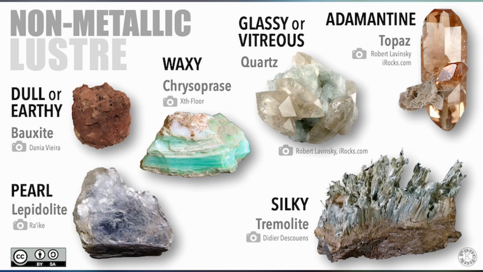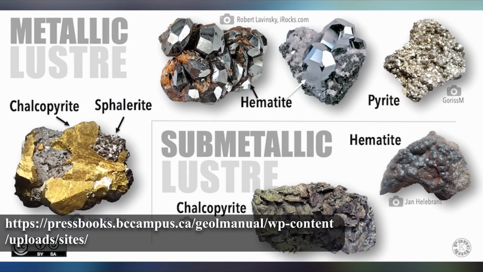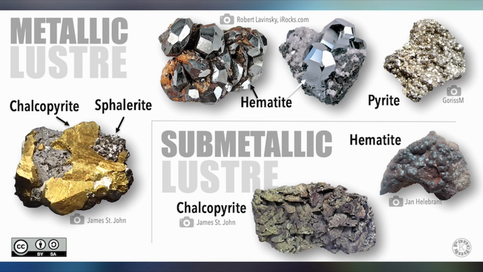The lustre of a mineral is often determined by, as you would expect, the crystal structure and the chemical compounds that make up the minerals. So there's often a lot of interesting, even quantum mechanical effects that can go into determining both the color and lustre of a mineral, based on how exactly the light interacts with the mineral structure. Again, I'm not going to go into the details of that, just to give you a sense of it. I recommend looking up lustre or mineral lustre on Google Images so you can see some examples of these. I'll post some up onto the Facebook, as I tend to do.